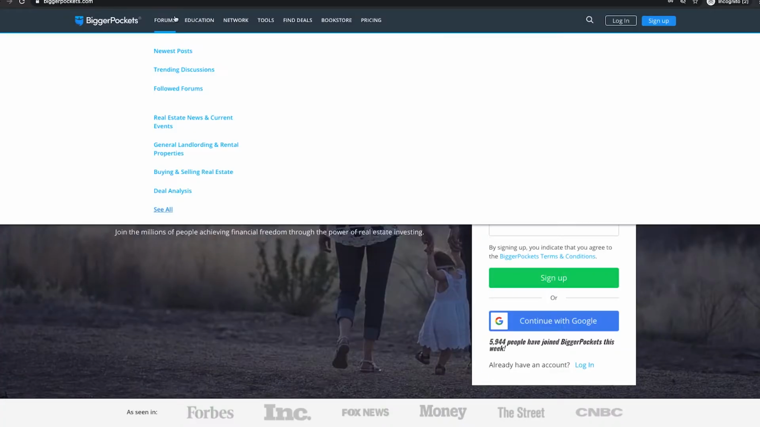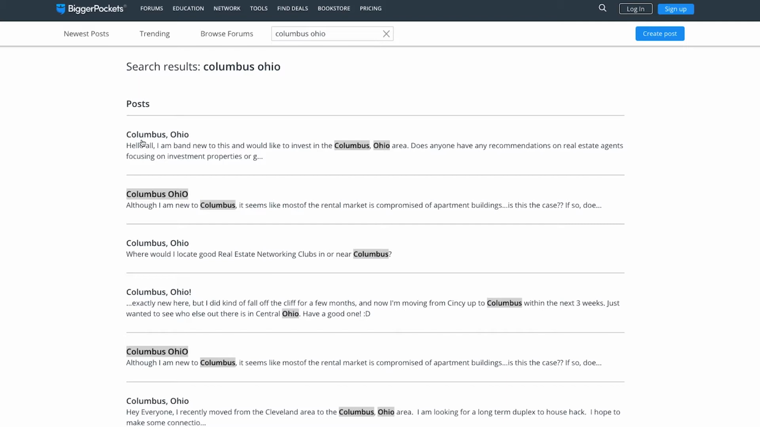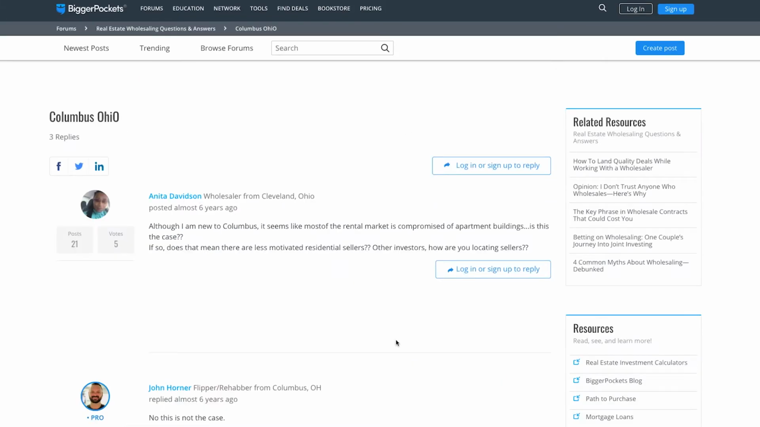Step 2, find a lender. What actually worked for me was I went on to biggerpockets.com. It's a forum for real estate investors. You can go into the forums and you can find the local market that you're investing in, and you can just start asking people. I mean, you can literally just make a post, hey, I'm looking for a lender in